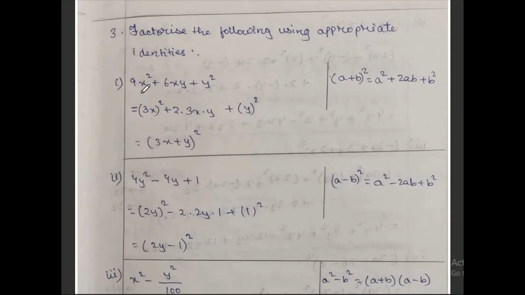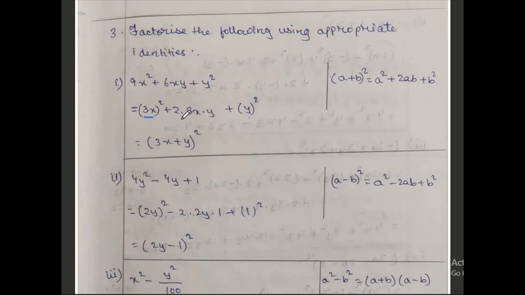So 9x square, you can make it 3x full bracket and whole square. Because whatever number you have as a coefficient, that should be a perfect square number, and you know that 9 is 3 square. So both together you can make it 3x full bracket and whole square. Then put it plus. This one you can fill after. First you finish up this last part. Plus, this is y whole square. So inside the bracket, whatever you have, one is a and this is your b.